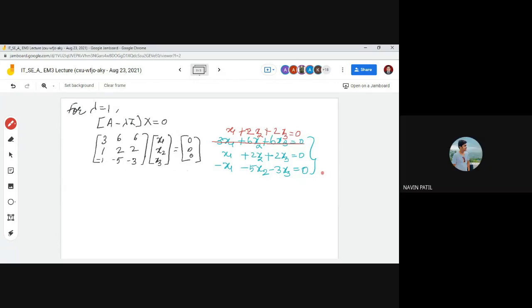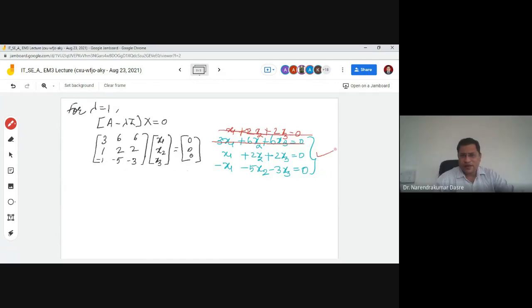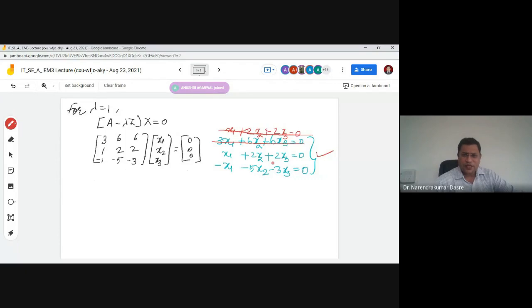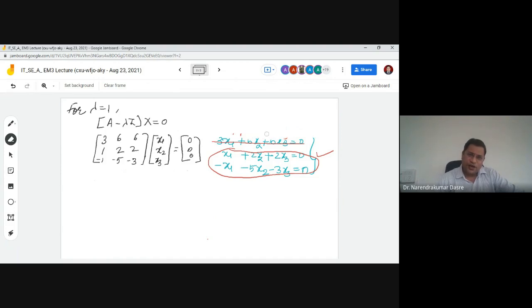2, 2. Because this is same as this one, no? Yes, sir. This equation is same as this equation. So there are only two distinct equations. And you know, if I have two distinct equations with the right hand side 0, what I can do is,